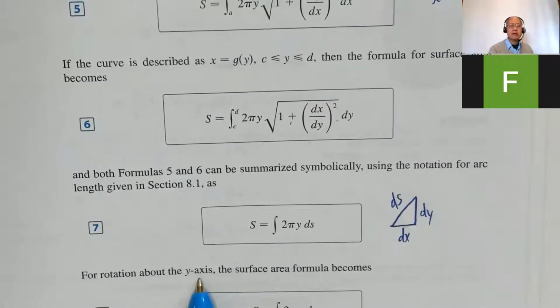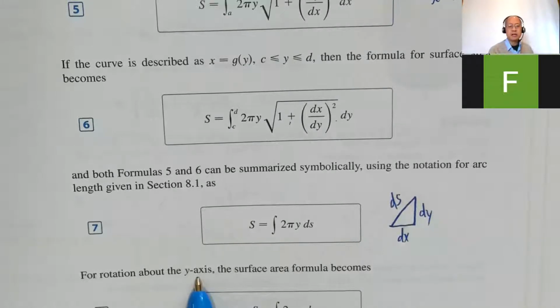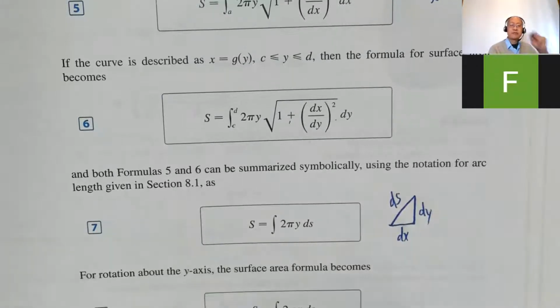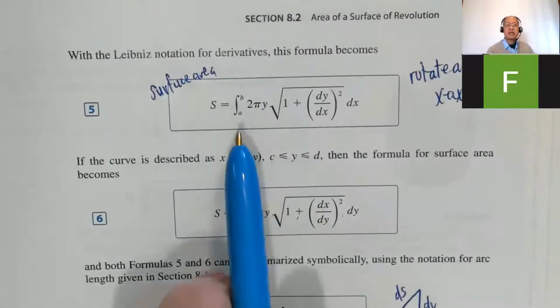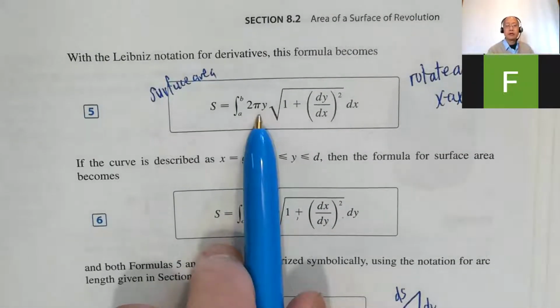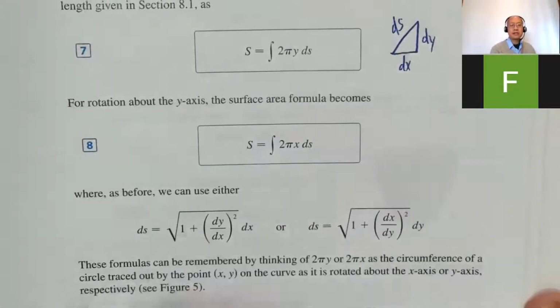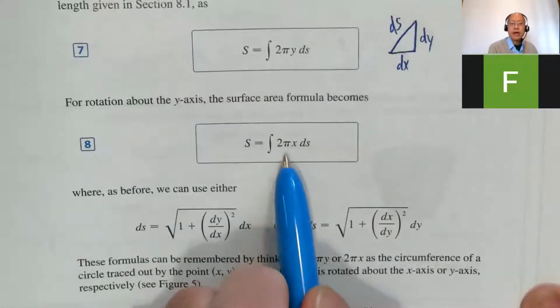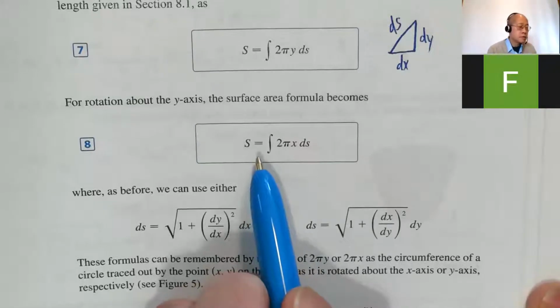Okay, rotation about the y-axis. I think you can guess the change. If we spin about the y-axis, instead of 2 pi y, 2 pi x. And you may want to put this on your cheat sheet also. Again, that's very logical because if you spin about